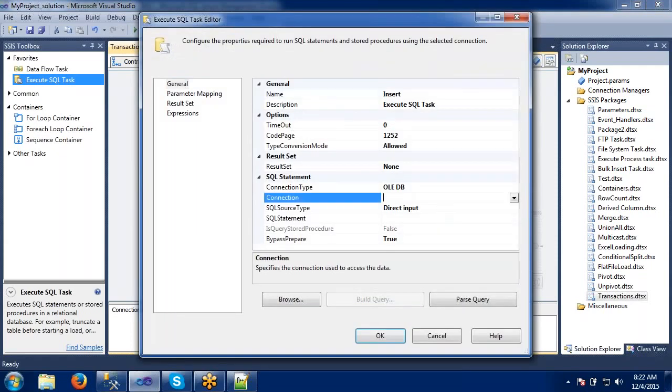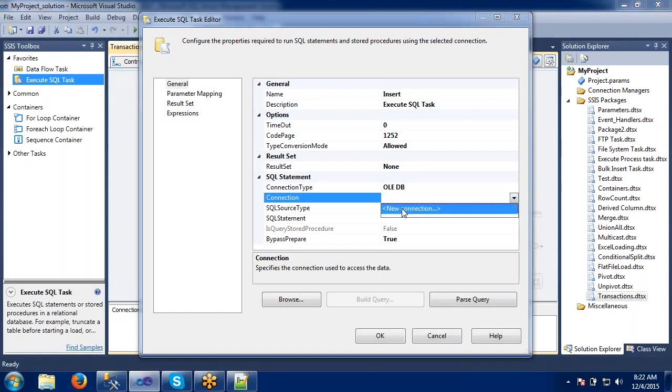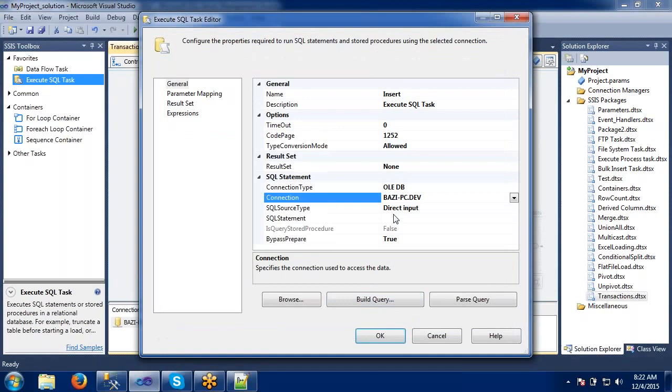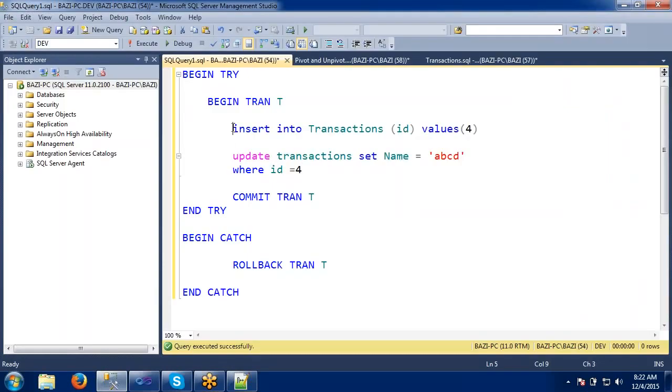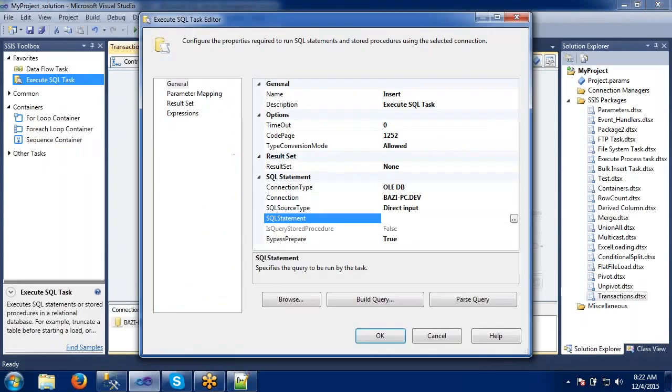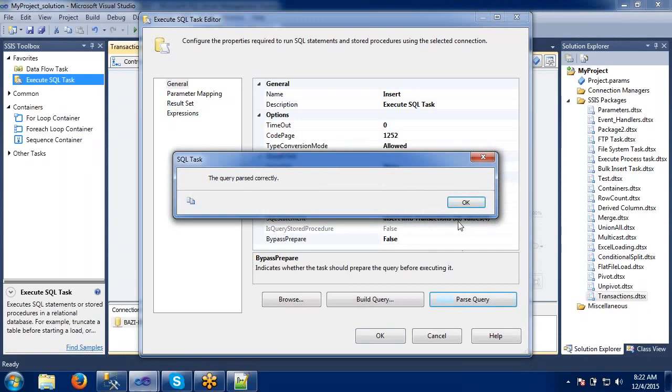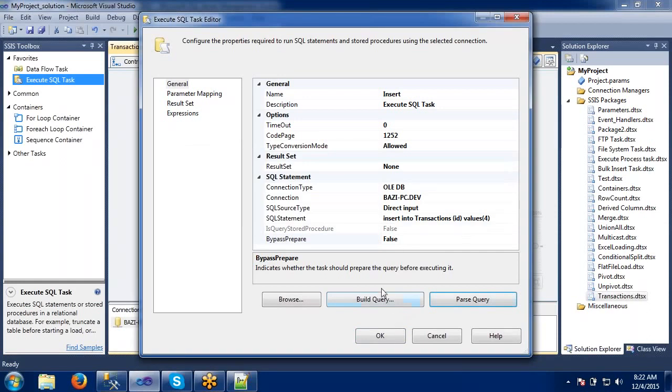I am connecting to my database, the dev one. In the first statement, I will take 4 only. Why? Because the 4 was not inserted, right? So I will take 4 here and just paste it. Parse the query. Yes, the query is fine. Database connected. Fine.